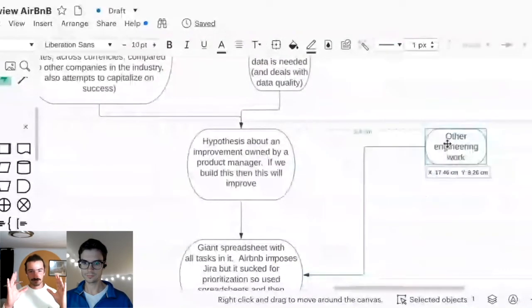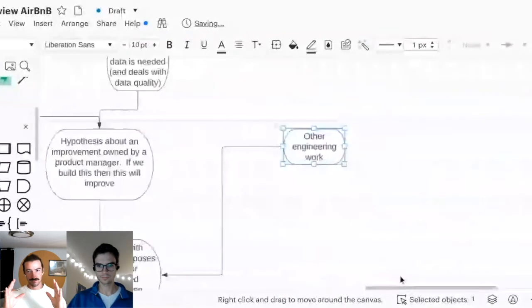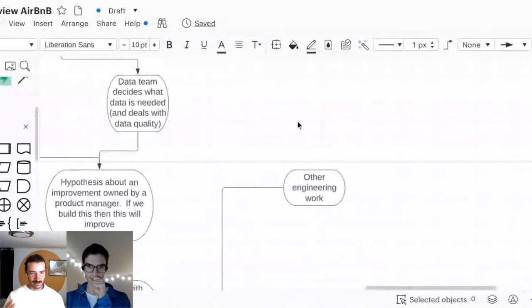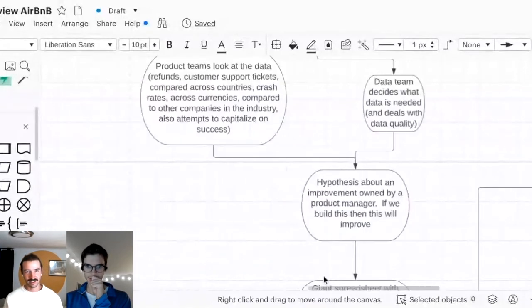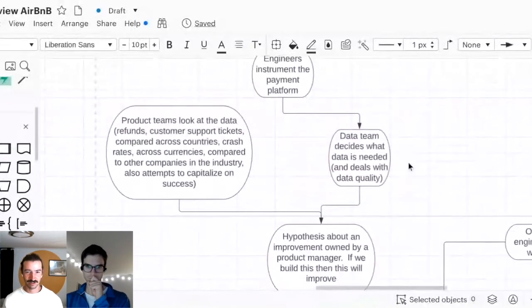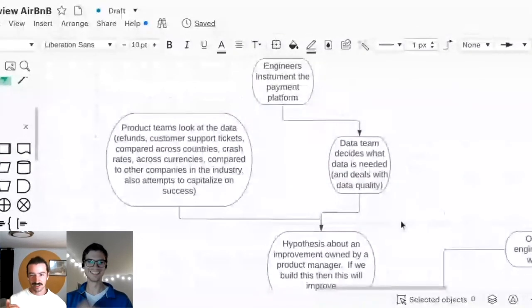I think there are really two massive pillars of work that a team like this is going to own. You have product work, which is what we talked about already, where you have hypotheses and you're gathering data and trying to figure out essentially how can we make more money, or you might phrase it, how can we make life better for our users. You're trying to improve the product.